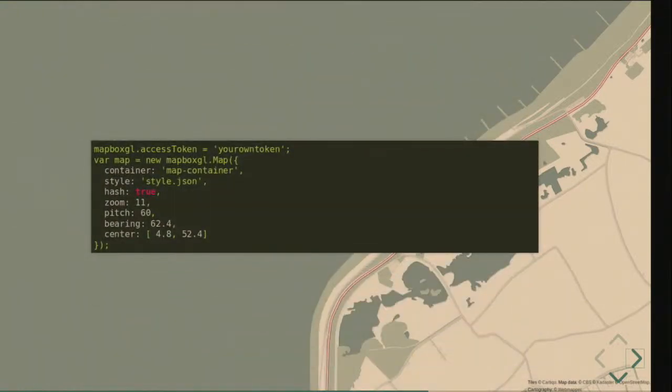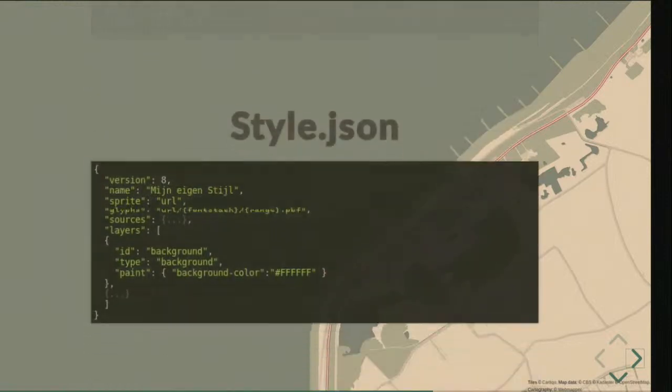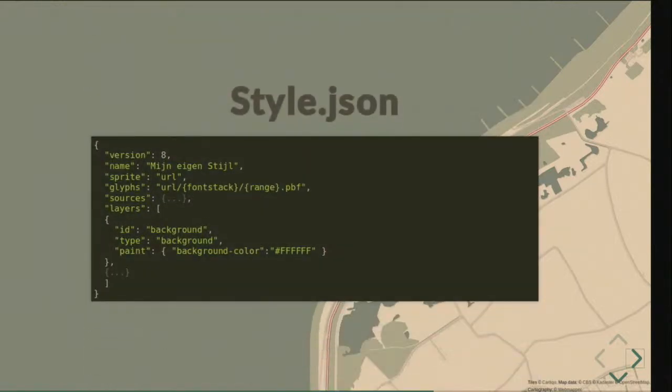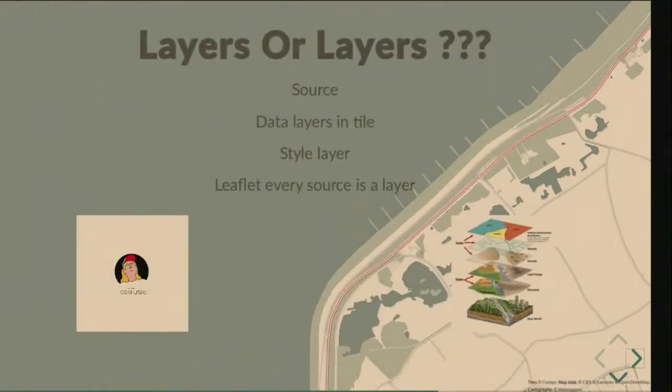This is how it looks like to code a map. So it looks almost the same actually as the Leaflet one, but now we make a Mapbox.gl map instance. We say to which container it has to be linked in your browser, the styling object, and also the initial zoom and center. And next to that, you can also put in the tilting and the rotation of your map. And the stylization, as I showed before.